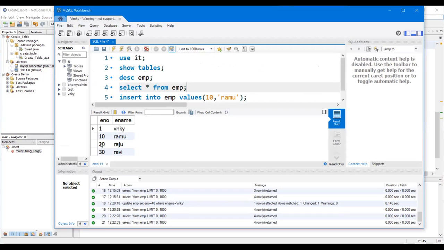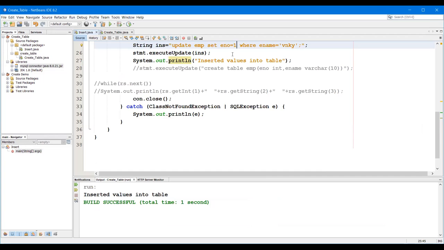Suppose I would like to change the employee name of employee number 10 to Rajesh. So what I would like to do is set employee name to Rajesh, where employee number is equal to 10.